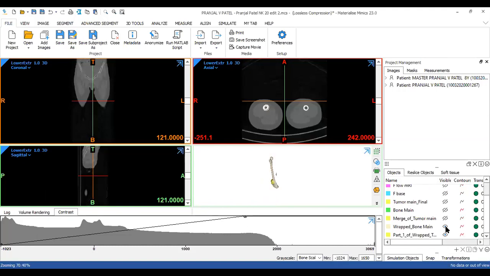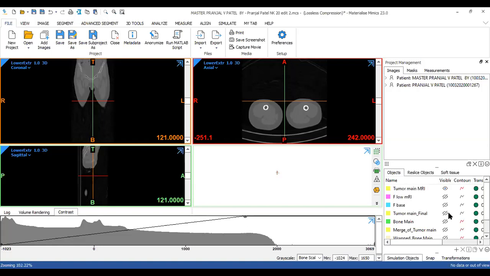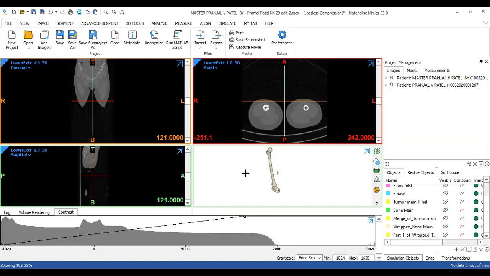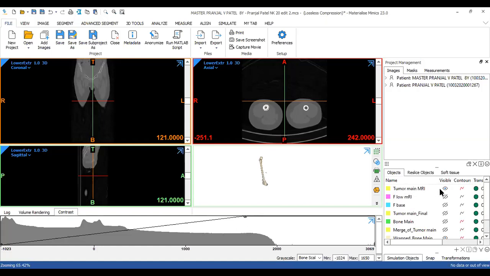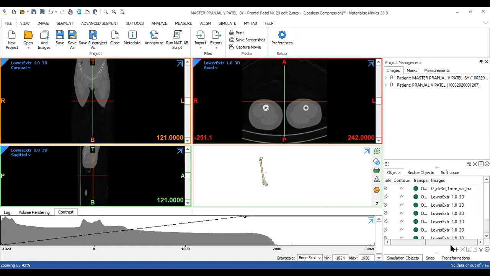Okay, aligned already. Even though the tumor model that you had created in the MRI is visible, it can't be seen here. Why? Because here the image set selected is the MRI.